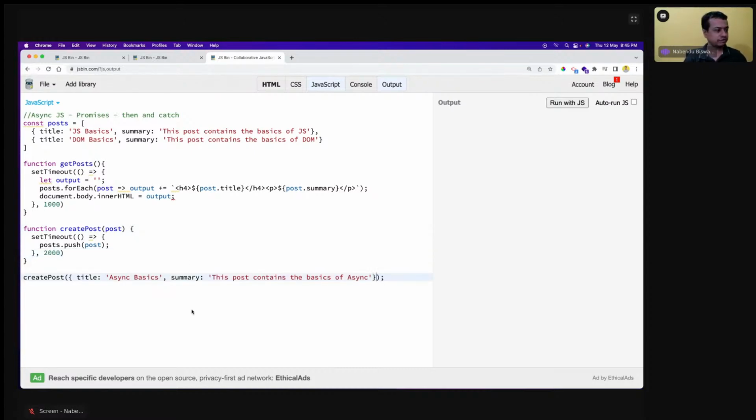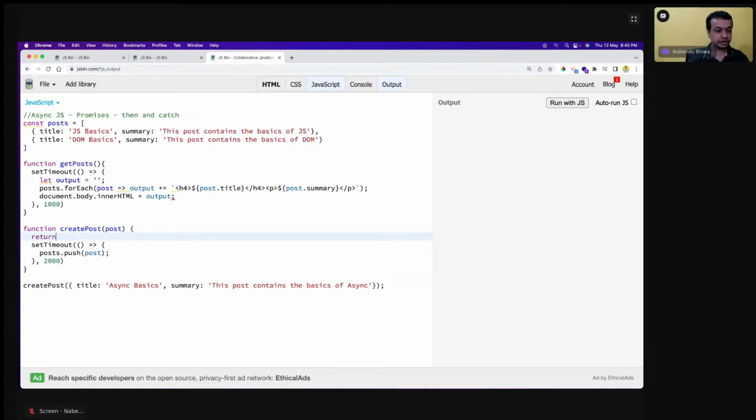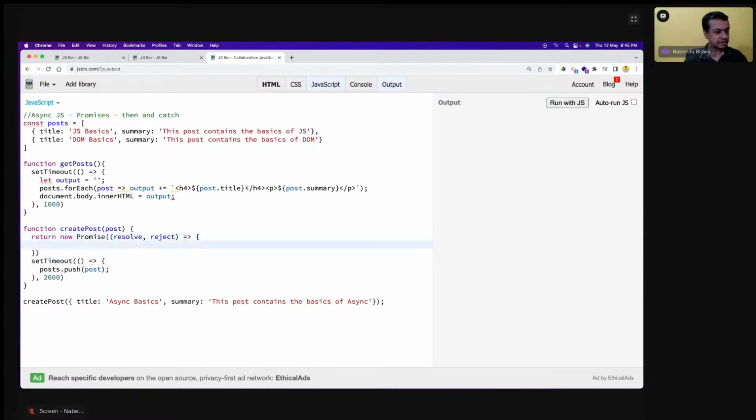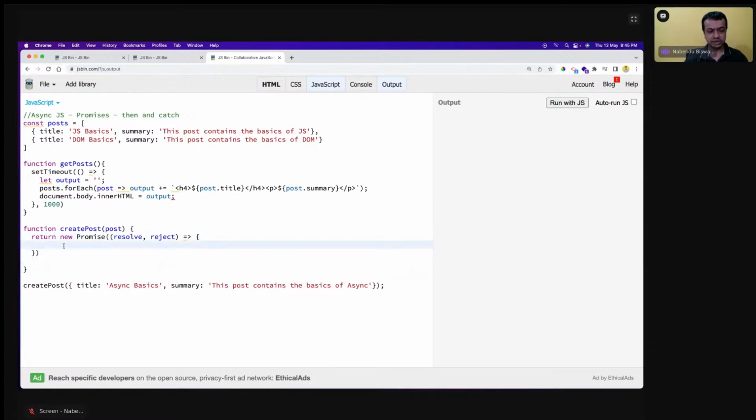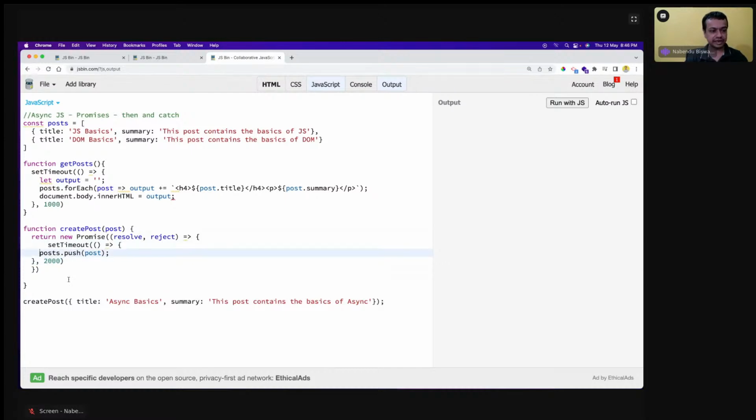So with promises, we'll wrap all these things in a promise. What is a promise? I'm going to come to that soon. So we have to return a new promise, with resolve comma reject, like this. I'll put this inside the setTimeout inside this promise. So what is a promise? A promise is something like a promise in real life. It either